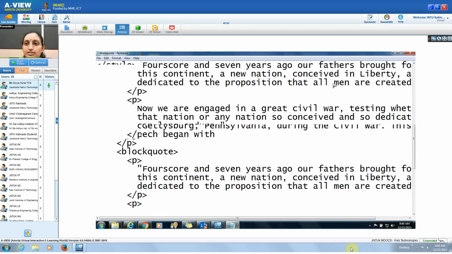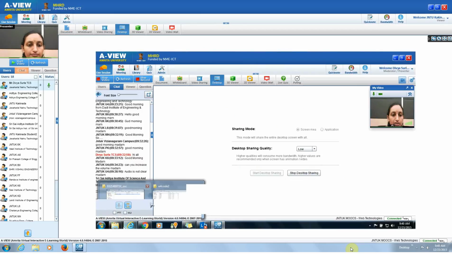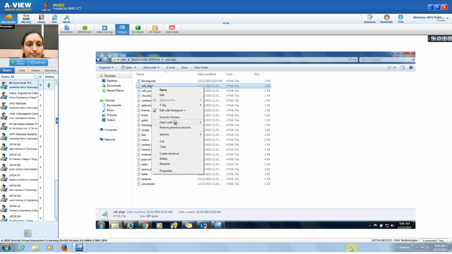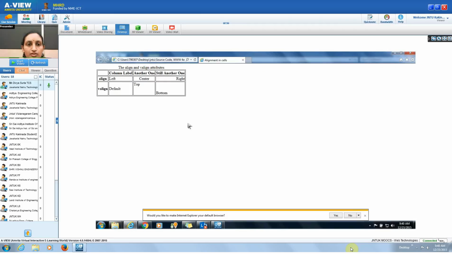Now let's have another example. Cell align. So this is a table which I just want to help you understand about the alignment things. So developing a page which has columns and rows, I have shown it in your previous classes. But coming to the cell alignments, I just want to show what will be the left alignment, center alignment, right alignment, default, top and bottom, vertical align and normal align. So here if you can see the example,